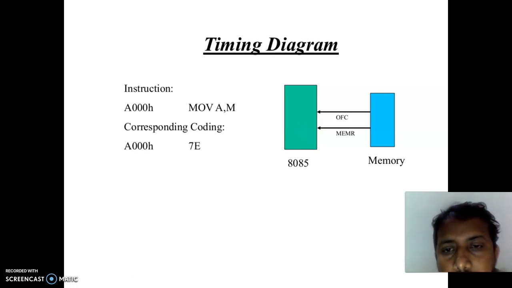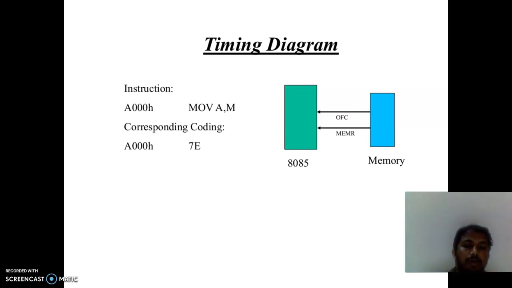In the first clock cycle, you will go for opcode fetch, fetching an opcode. The opcode is 7E. This is being fetched from the memory location A000. From there, it will get the opcode 7E. Then immediately, this opcode is defined as read data from the memory location pointed at by the H and L register pair. So once it sees 7E, the microprocessor refers to the 8085 H and